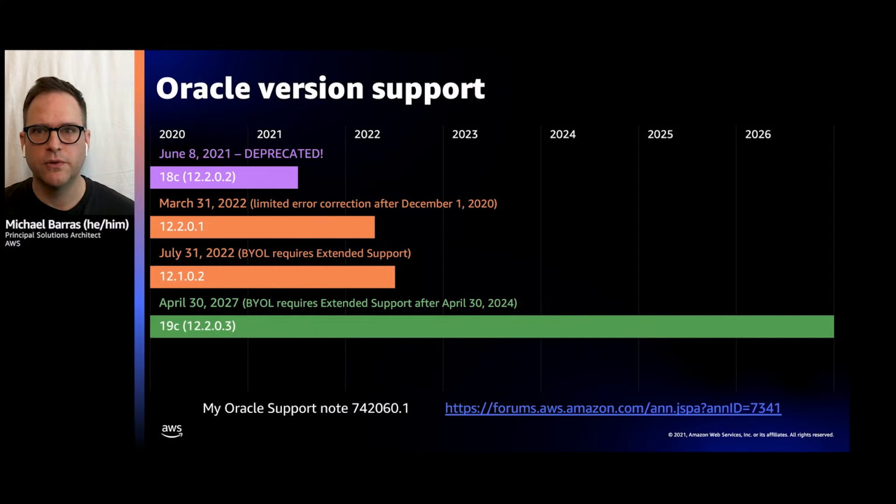Now let's talk about Oracle database versions. RDS Oracle supports major versions of Oracle database for as long as Oracle provides critical patches. When Oracle support discontinues critical patches, we deprecate the version and require customers to upgrade to a supported version. At the end of 2020, for example, we deprecated 11.2.0.4. And this year we've deprecated 18c. Next year we have deprecations coming up for versions 12.2.0.1 in March and 12.1.0.2 in July. If you're running on either of these versions, we strongly recommend that you upgrade as soon as possible.